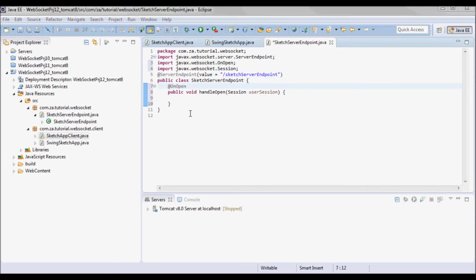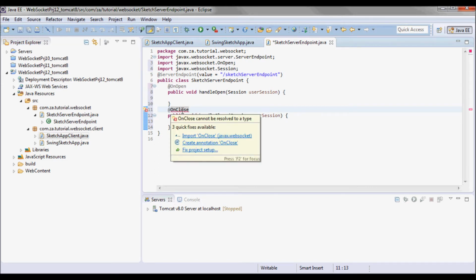And I also need a method that would handle the closing of a WebSocket session. So I'll annotate it with the onClose annotation.